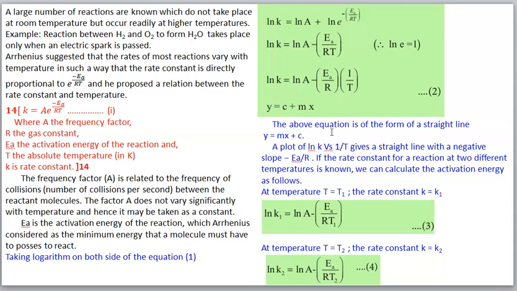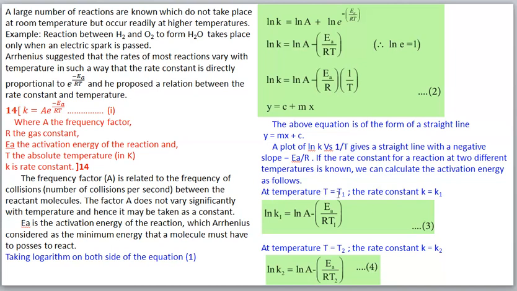Okay, the above equation is of the form of a straight line, y equals mx plus c. A plot of ln k versus 1 by T gives a straight line with a negative slope, minus Ea by R. If the rate constant for a reaction at two different temperatures is known, we can calculate activation energy as follows. You see here,